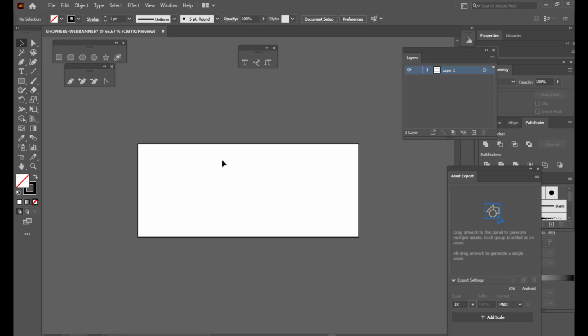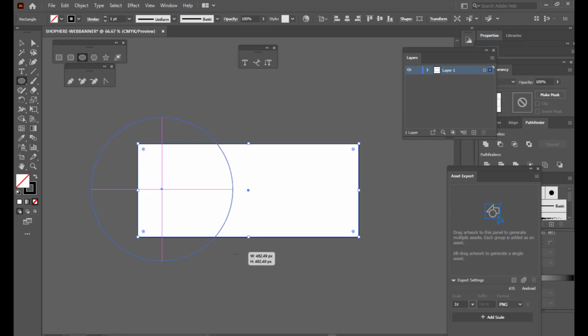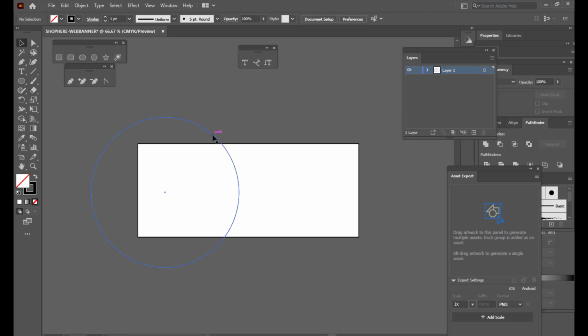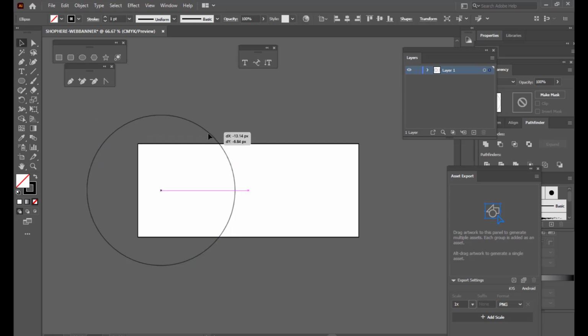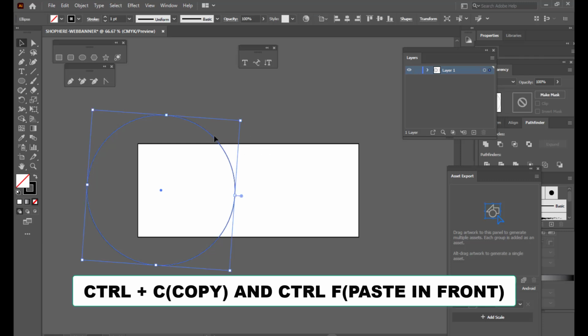Right. So the next thing we'll do is select one ellipse. If you want a perfect ellipse, simply hold Shift and create the ellipse. So I have selected this ellipse, and now we will duplicate the ellipse. We will just use Ctrl C, Ctrl F, and we got a duplicate here.